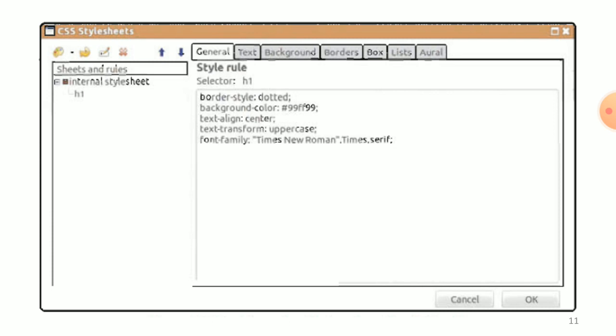We have created the style to be applied to the h1 tag. We can use the same procedure to create a style for any other element in the web page. To add another element, click on the arrow of the CSS button in the upper left corner of the CSS Style Sheets dialog box, choose Style Rules from the drop down menu, and after adding the style rules for all the elements, click the OK button.